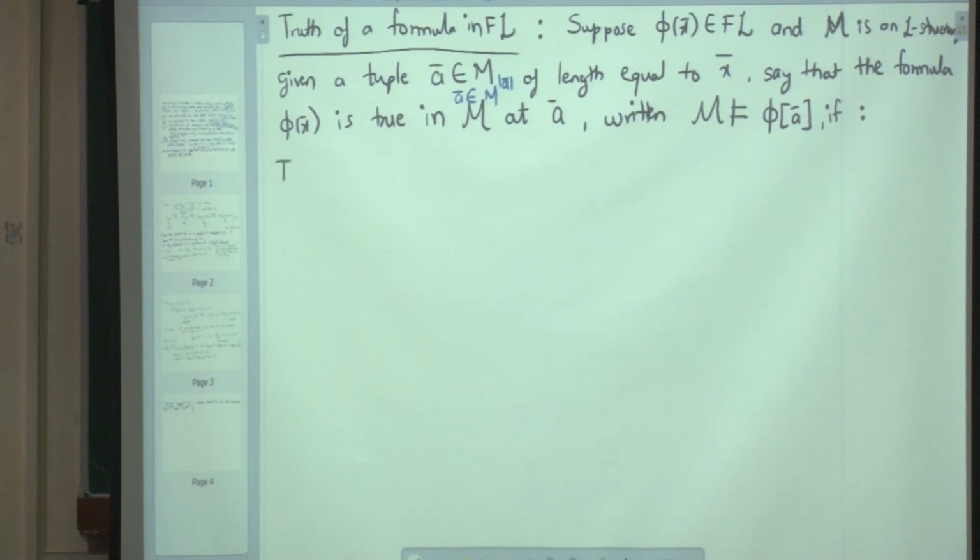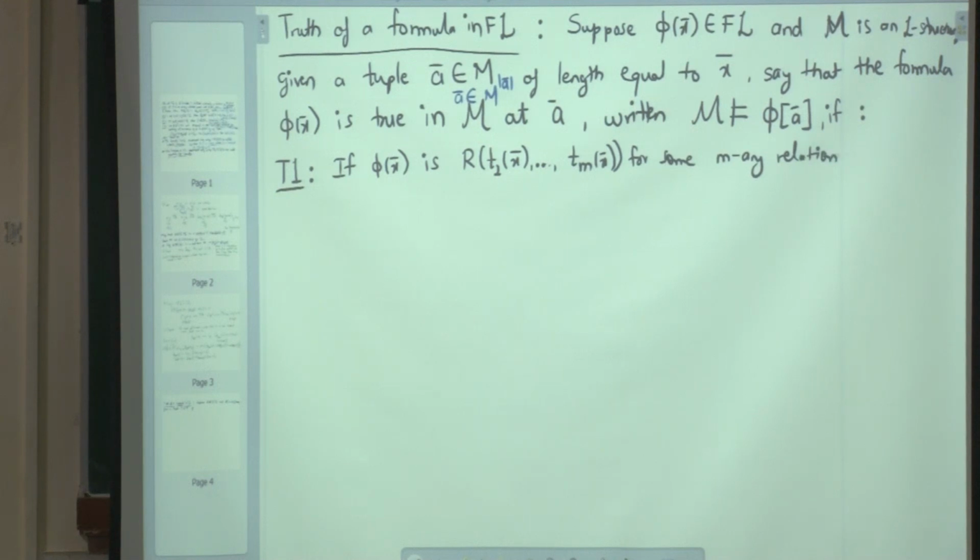Okay. So, T1 for truth 1. If phi x bar is R T1 x bar through Tm x bar for some m-ary relation symbol R and terms T1, T2, Tm, then M satisfies phi at A bar